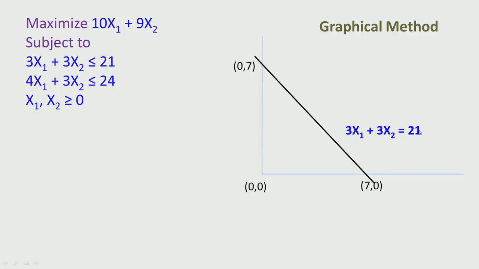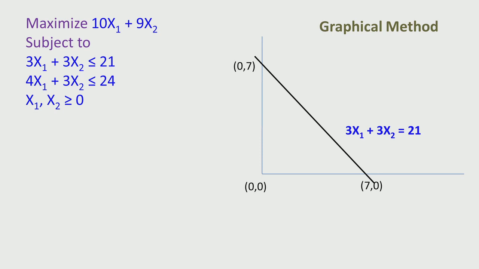Left hand side is less than the right hand side, therefore the origin is in the region which is less than or equal to 21, and therefore this triangle, which is made out of these 3 points, is the region corresponding to 3x1 plus 3x2 less than or equal to 21. Having drawn the first constraint, we now draw the second constraint, which is 4x1 plus 3x2 less than or equal to 24,